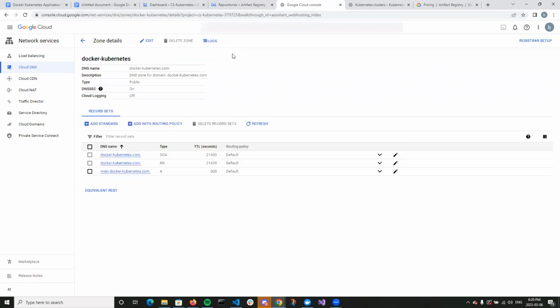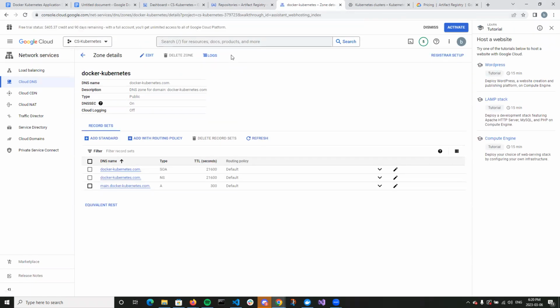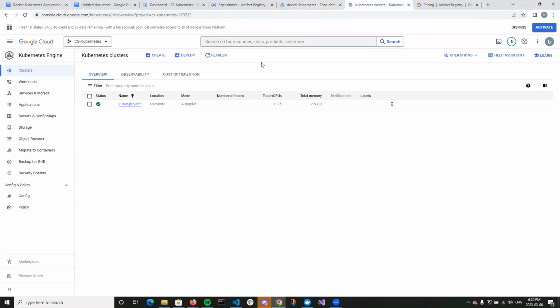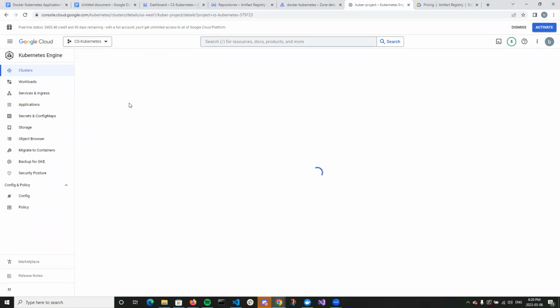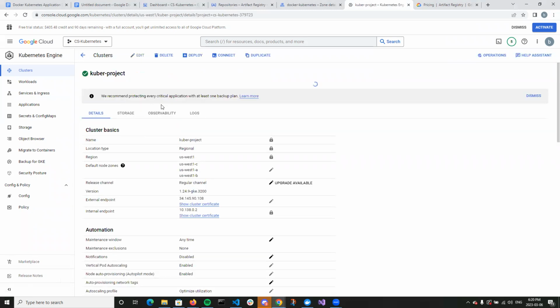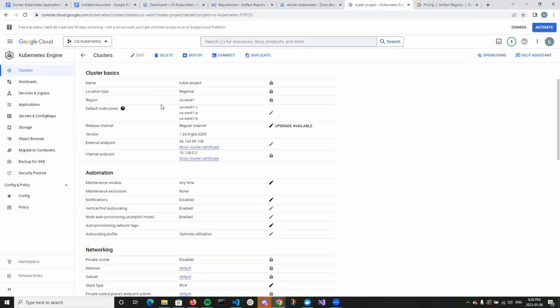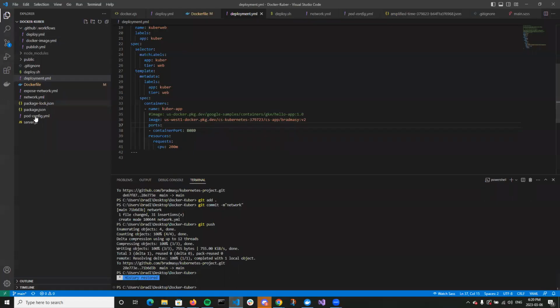Sorry, we'll go to the clusters first. So here are our clusters. We have one cluster set up in US West 1. Again, not too difficult with the clusters, getting all set up there.